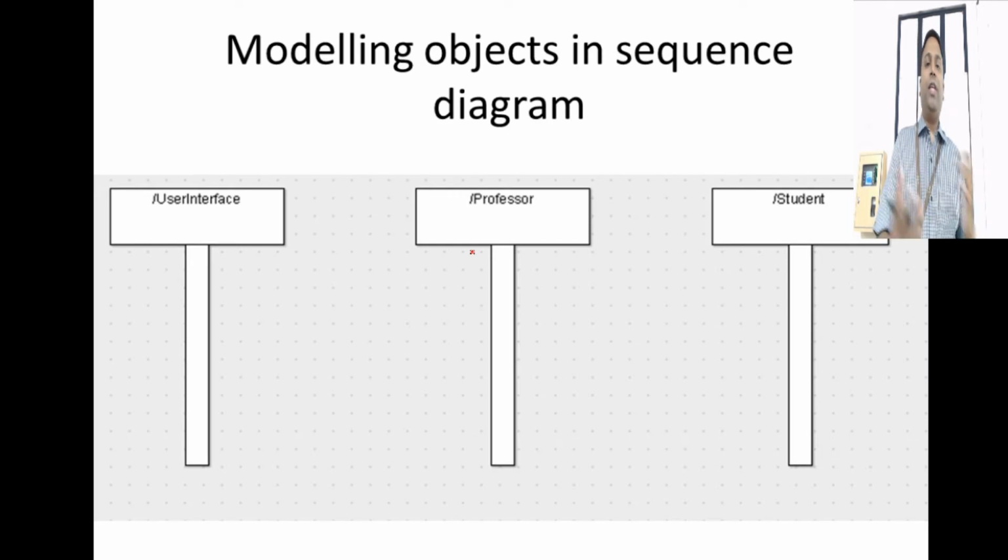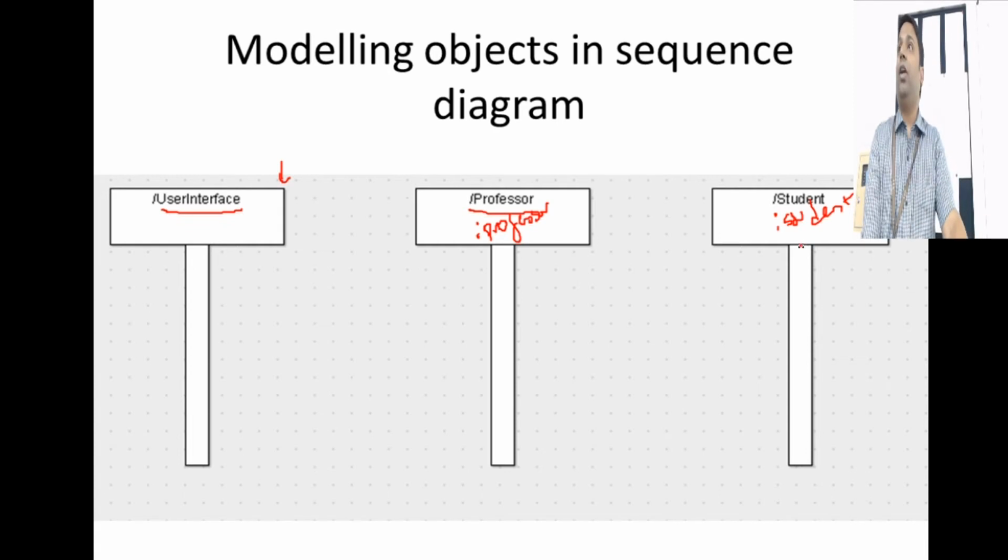And how objects are represented in UML is, it is represented using a rectangle like this with the object name. So for instance, if I have professor and I want to denote it as an object, how actually should I denote this? Colon professor. So it means it's not a class, it's an object of type professor. Likewise, if it is a student object, how will I say? Colon student. So it means it's of type student, it's an object, not a class.